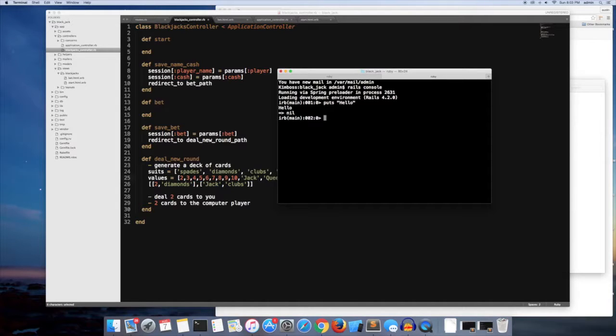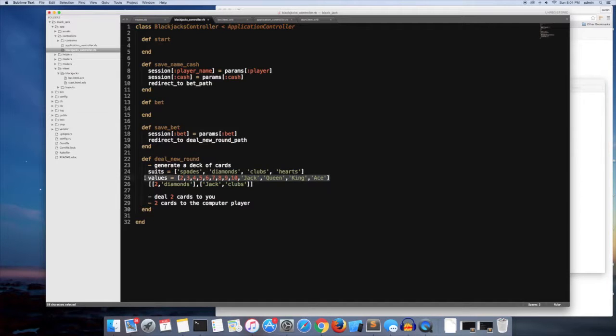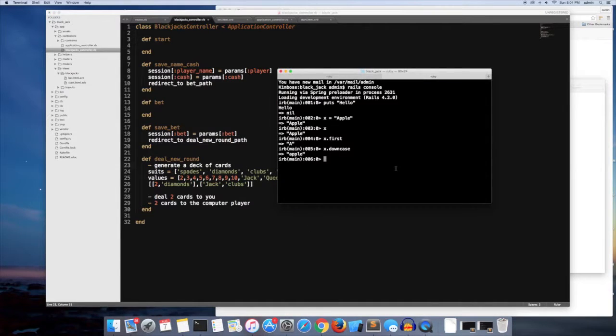Or if I say x equals apple, then it makes x equal to apple. So now I can recall x and it's apple. If I do a command on it like x dot first, it returns the first letter of apple. Or if I do x dot downcase, it's all lowercase. Anyways, Rails console is the sandbox for you to test out whatever you want. So in here we're going to test out how do we combine two arrays, suits and values, to make a deck of cards. There's this method called dot product, and I'll show you a sample of how it